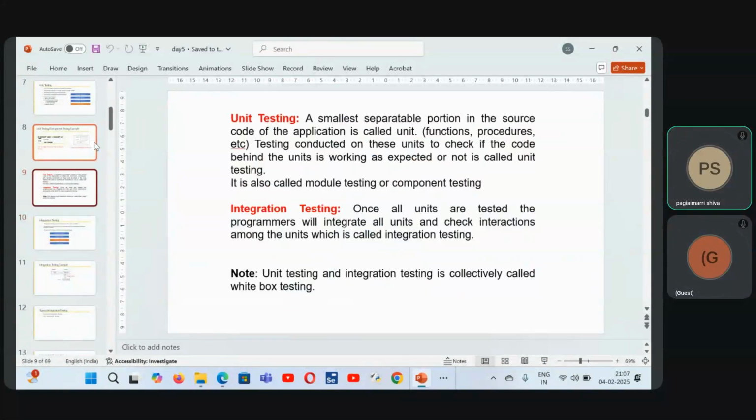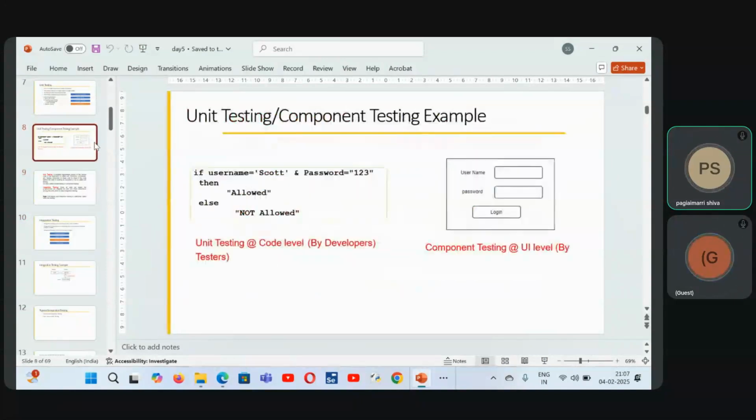Okay. I said integration testing will be covered later. Now, how to do unit testing or component testing? Suppose you are logging into Oracle: if the username is Scott and the password is 123, then it is allowed. Otherwise, not allowed. For each and every object in the build, it is going to be tested unit-wise. That is called unit testing,